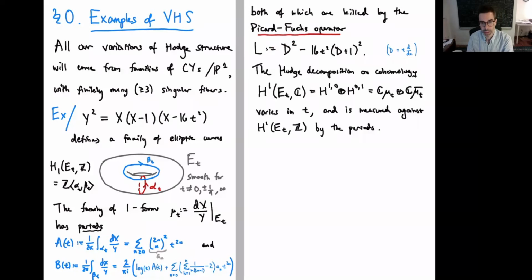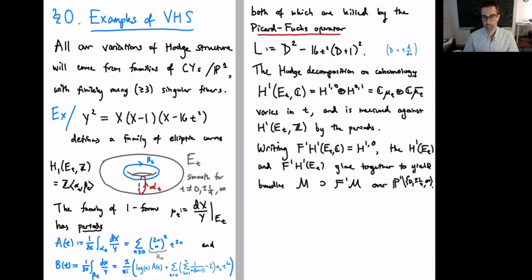The Hodge decomposition on cohomology then varies in t. So H^{1,0} is spanned by mu_t, H^{0,1} by its conjugate. Mu_t is just this form here, and it's measured against the Betti cohomology by the periods. So you have two bases of cohomology, a Betti basis and a Hodge basis, and the change of basis matrix is what the periods tell us about. Then writing F^1 H^1 for H^{1,0}, the H^1 of E_t and F^1 of H^1 of E_t glue together to yield bundles. This is the cohomology bundle, this is the Hodge line bundle over P1 minus 4 points, where